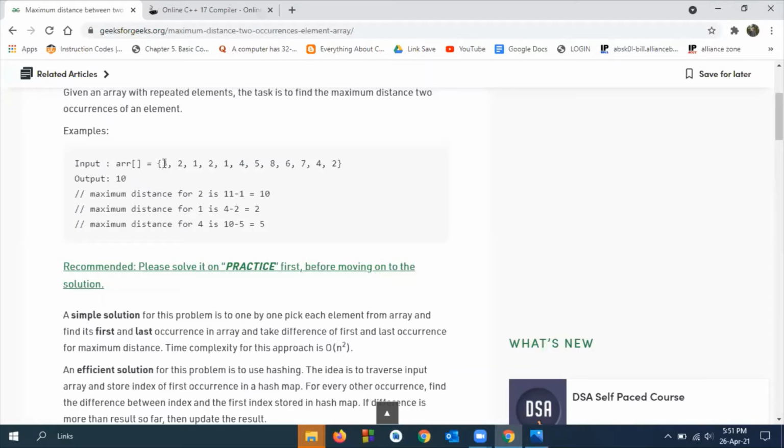You know that the index of an array starts from 0 and goes on. So the first value, that is 3, is at index 0, 2 is at index 1, and 1 is at index 2, and so on. So if I take 2, the first occurrence of 2 is at index 1, and the last occurrence of 2 is at index 11. You can see here, if you subtract the last occurrence minus the first occurrence,